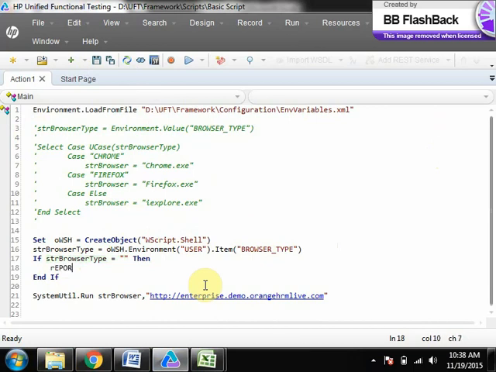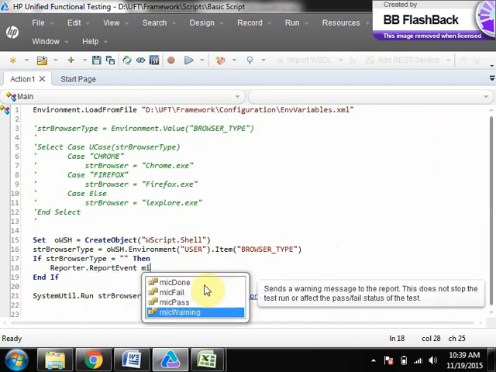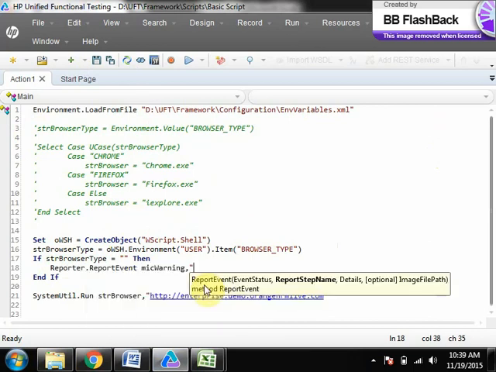just say Reporter.ReportEvent, make it a warning, just provide a warning. Select or retrieve the browser type.